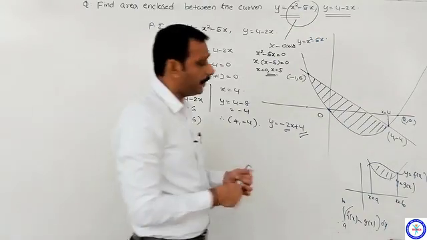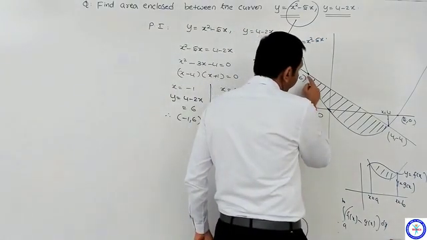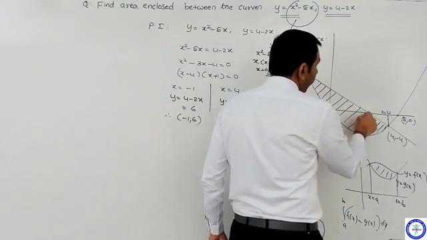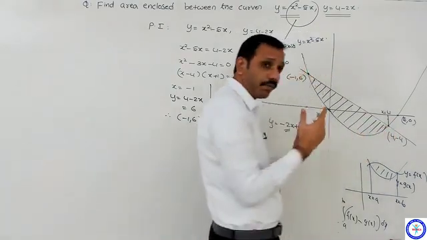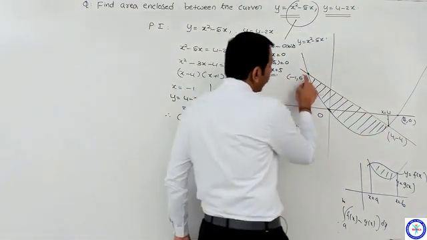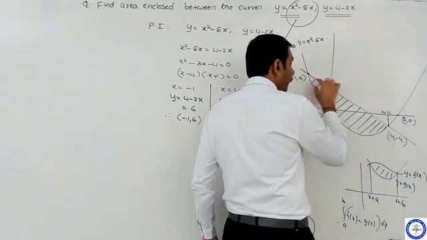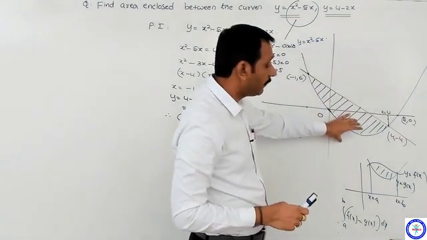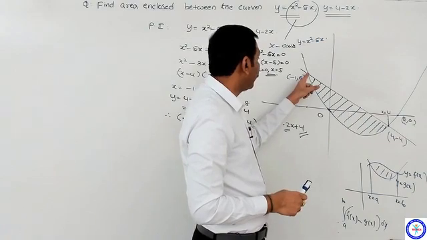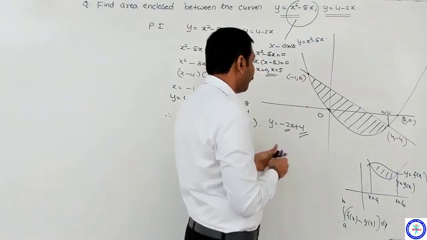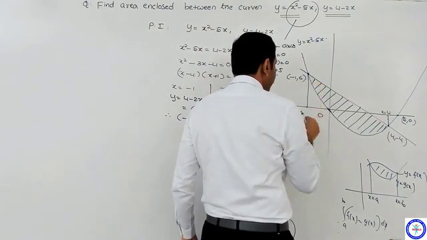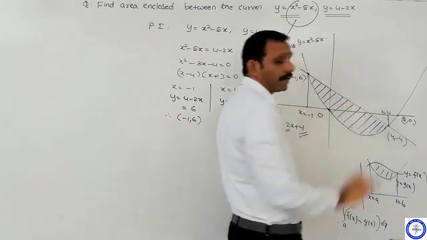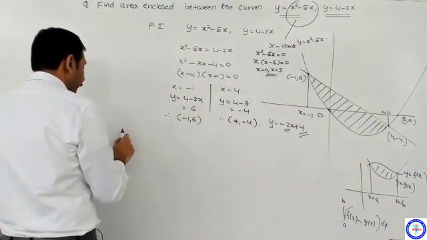Wherever they may be, one may be partly above the x-axis and partly below the x-axis, and here also it is above the x-axis up to here and then below the x-axis. Whatever it is, when two intersection points are there and between them a closed figure is formed, the area between these two curves is always, with respect to x-axis, you take the limits for x. What is this one? x equal to minus 1 to x equal to 4, upper curve minus lower curve. Therefore here the required area